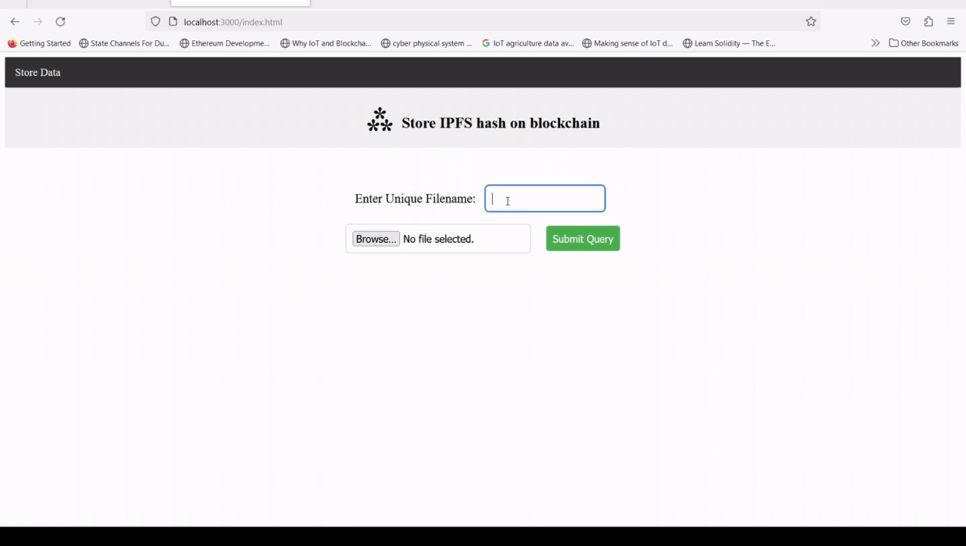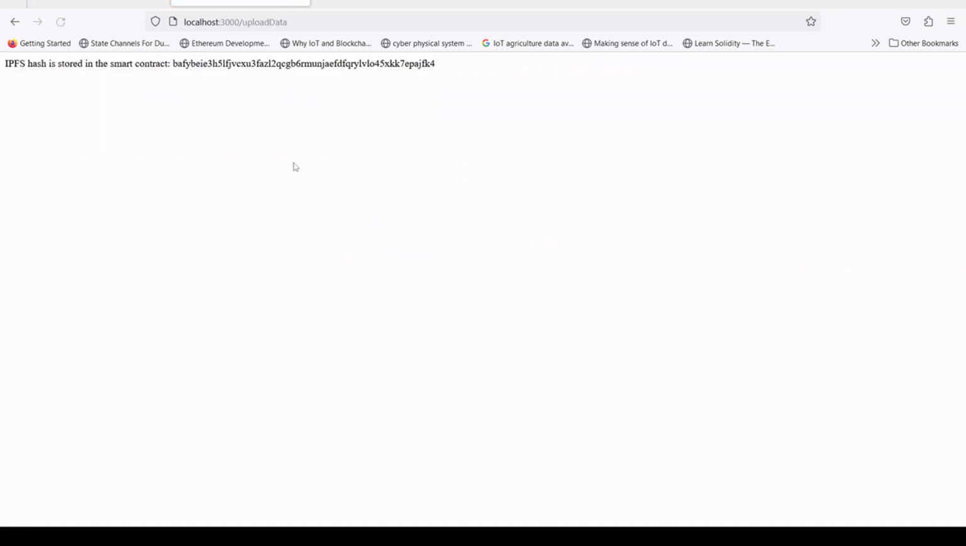So the application is something like this. You can say it's unique cat, and you can browse the image of the cat and you can submit the query. So it's being written in the Web3 IPFS storage and then in the smart contract, and finally we will get the IPFS hash, that the hash is stored in the smart contract. So let's wait for it. Okay, so